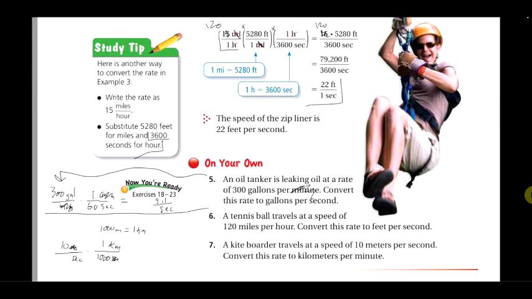So we also need to convert seconds into minutes. We know that there's 60 seconds in 1 minute, and we want to get rid of seconds. So seconds on top, minutes on bottom. 60 seconds per 1 minute. So to simplify, this would look like 10 times